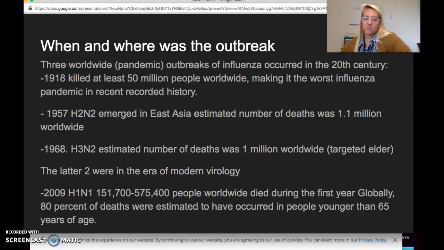So when and where was the outbreak? Again, this was not one single event. There have been many flu pandemics or epidemics or outbreaks all over. We have an outbreak every flu season, so every winter we have an outbreak of the flu. We know it, we expect it, we get flu shots for it to try and prevent it, but it still